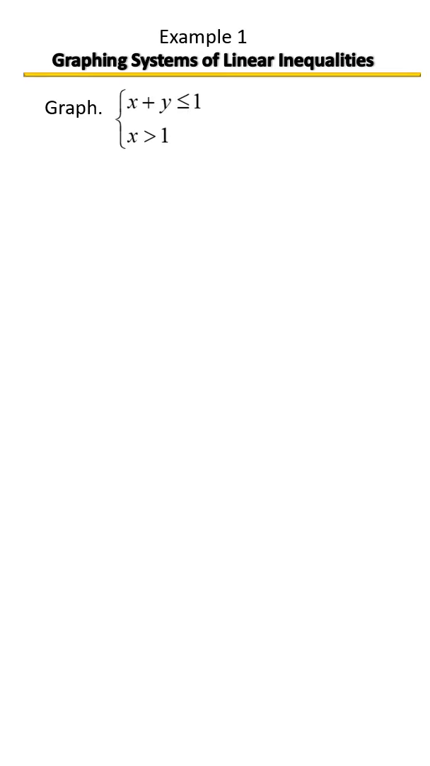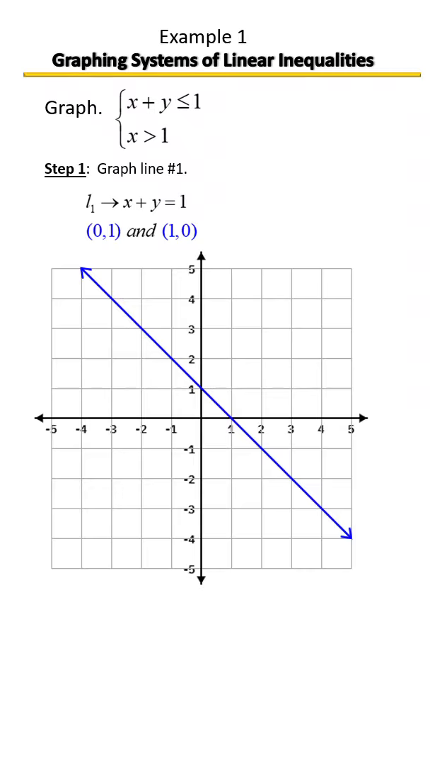So now we're going to graph this system of inequalities. Step one is to graph your first line. This is in standard form, so I'm going to go ahead and use the x and y intercepts to graph the line. So there it is. Now that I've graphed the line, my next step is to determine which region we're going